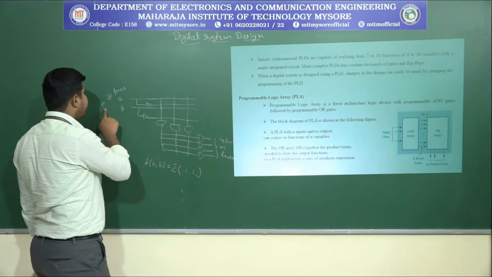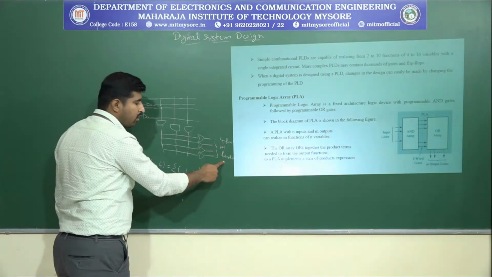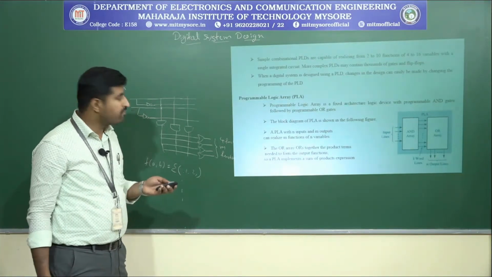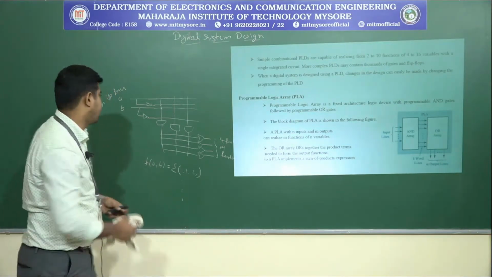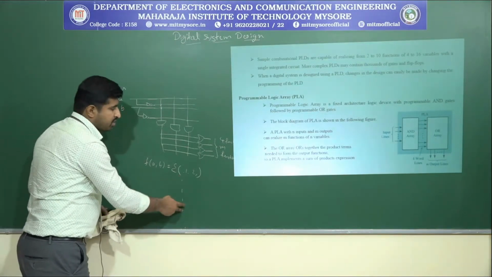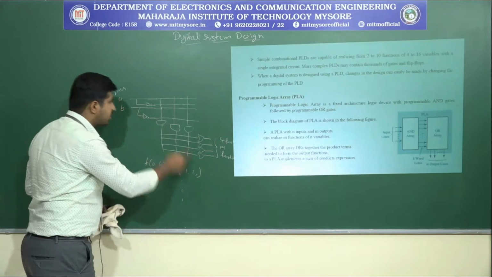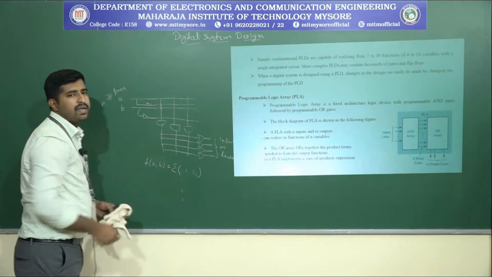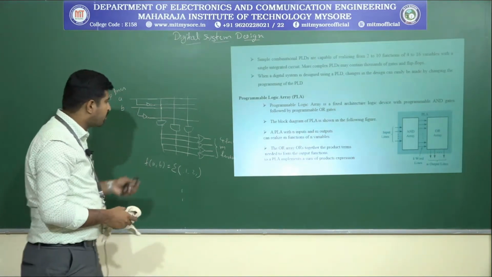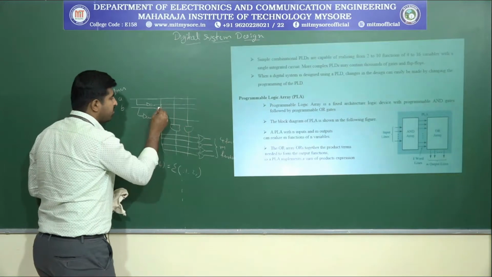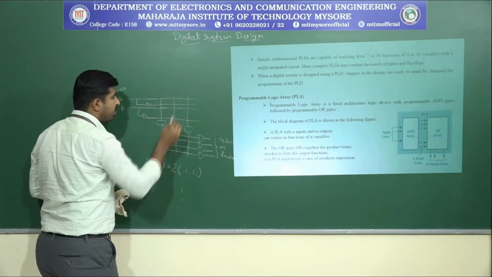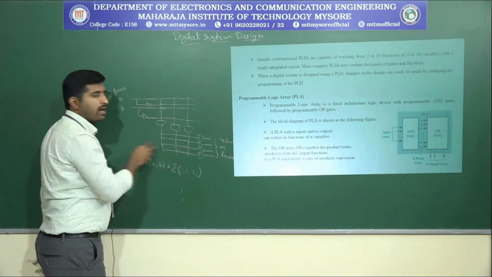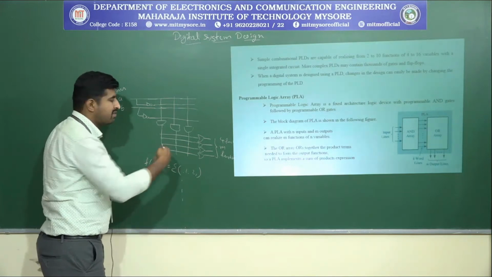So if you have n data line inputs and m outputs, that means a PLA with n inputs and m outputs can realize m functions of n variables. For example, if you have 4 OR gates, 4 functions can be realized of 2 variables by using this PLA. Programmable means the connections we can make ourselves. This is an array that will be given by the manufacturer. Assuming this is a PLA, we can program it according to whatever function is required.